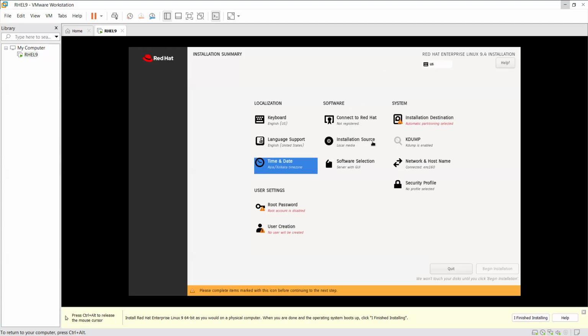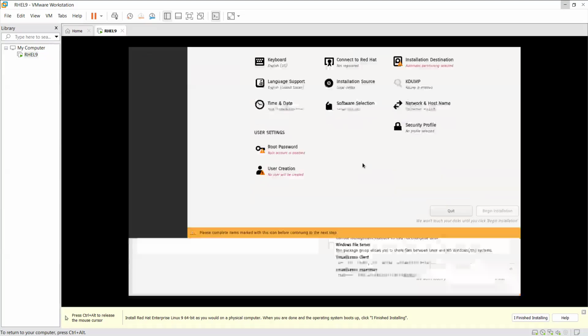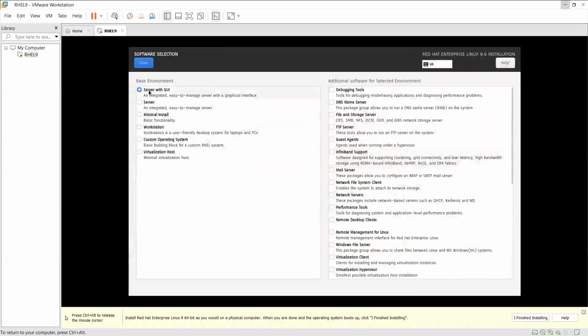And the next one is installation source media, local media only. Okay, we are installing through ISO image. And another very important option, software selection, guys. Here, only the software selection option. So the first option is server with GUI. Server with GUI means this server is running with a graphical user interface